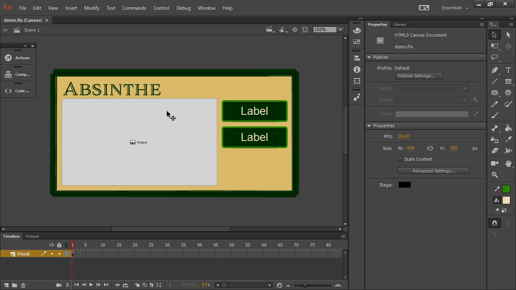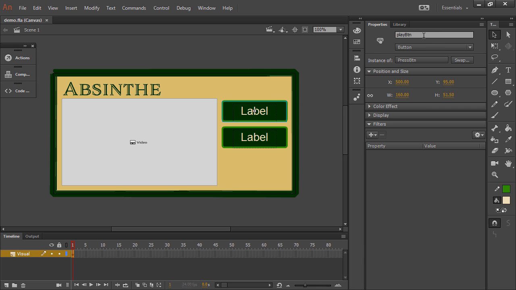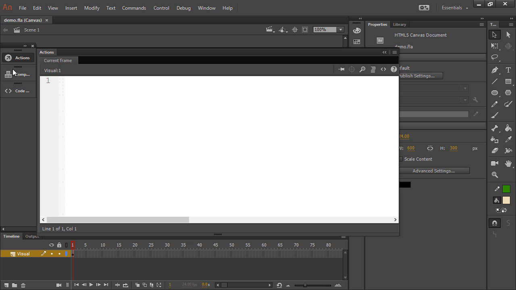All right, so to recap, what we have right here is our video component instance called myVideo. We have a button instance, play button, and another button instance called pause button. So the first thing I'm going to want to do is change these different labels dynamically. So to do that, I'll open up my actions panel, and I'll say this.playBtn, which is the instance, and then dyn, which is the actual dynamic text within there, .text, and I'll set that equal to a string,